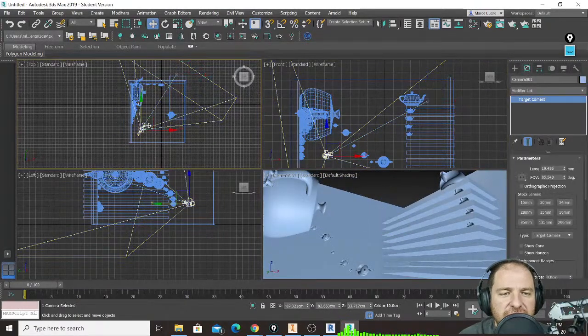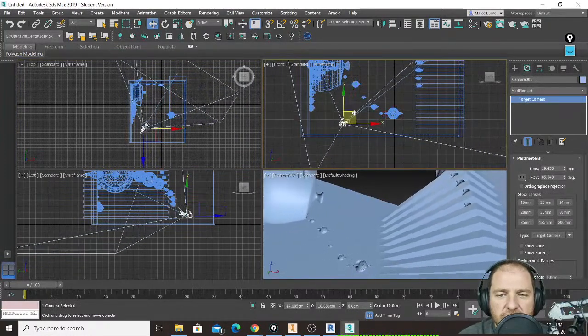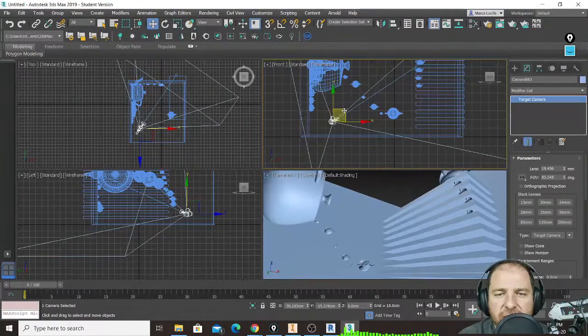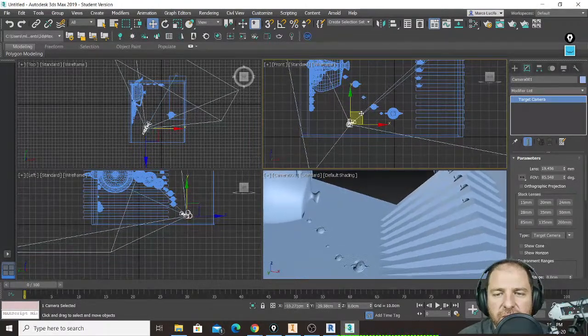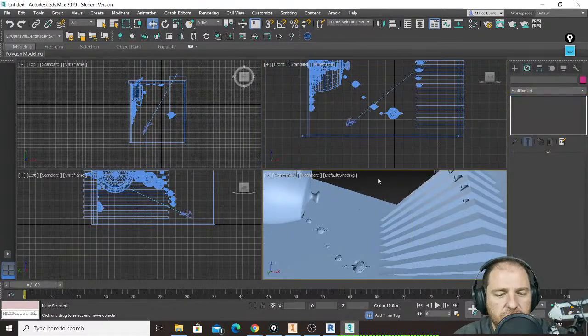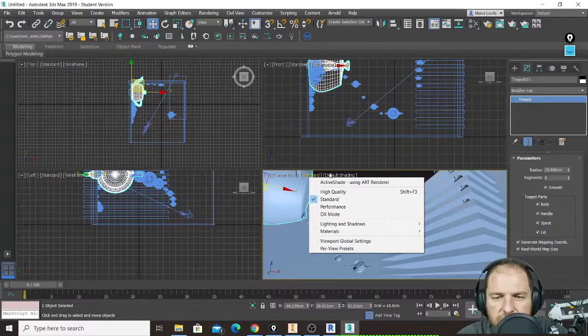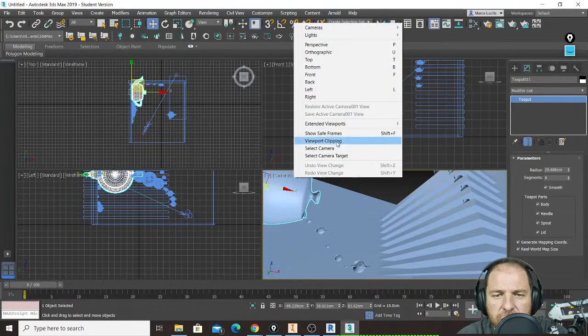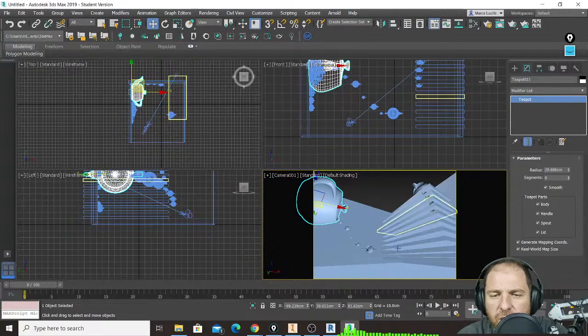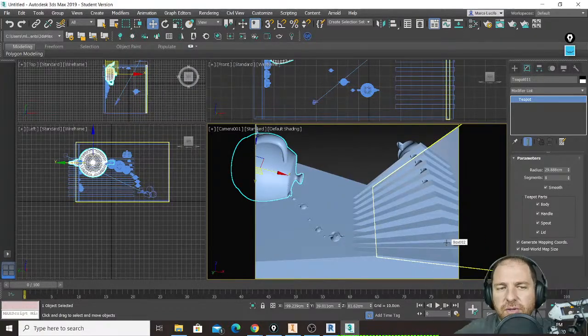This takes a second, and I will make this very dramatic kind of perspective, where also I want to shift here, standard, where is save frame, show save frame, just to see what I'm going to render. So this is the part that I am going to render, and it is very distorted,